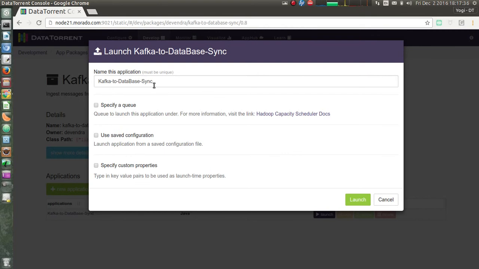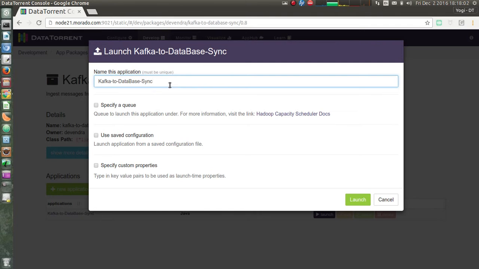Let's look at what the properties are in this launch dialog box. So the first one is application name. By default it is Kafka to database sync. You're free to change this value, but make sure that it is unique across all running applications on your cluster.